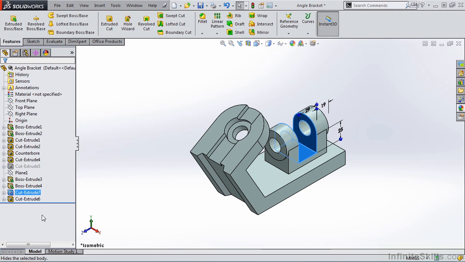In the Feature Manager design tree, we have this horizontal bar at the very bottom of the tree. This is called the rollback bar, and when you position the cursor above it, you will receive a hand icon. When you see that hand, hold down the left mouse button, and you can drag that rollback bar up the